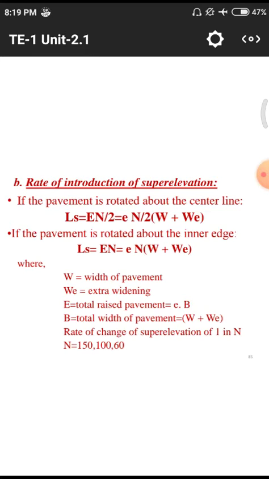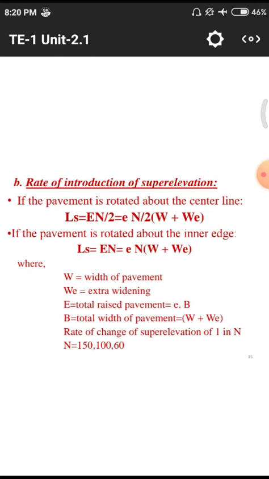That means from one topic to another topic we have some sort of linkage. We need to remember those links, otherwise the total subject will be confusing. It is like a total chain, where one link to another link has some binding principles, where Ls is the total length of the transition curve. With respect to super elevation, we are deriving this formula En by 2, where E equal to small e into N by 2 into W plus Wv. We have this formula.